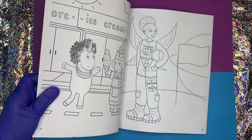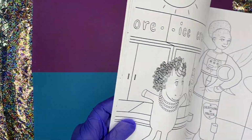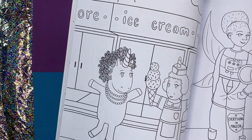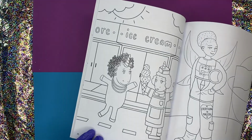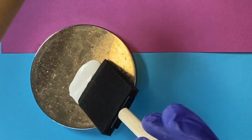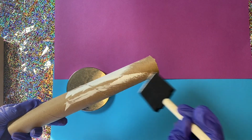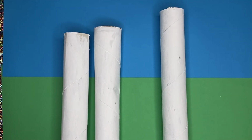So this unicorn horn came from the inspiration of this book, and pages like this where you see the unicorn horn, I was like, we're gonna make that. So what you're gonna need is a paper towel roll, and I would paint it white. Just go ahead and pre-paint it white, let it dry before you invite the kids,